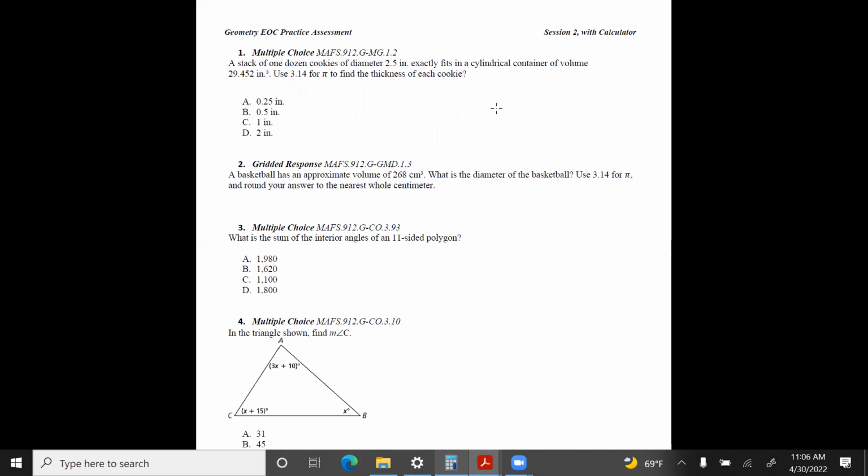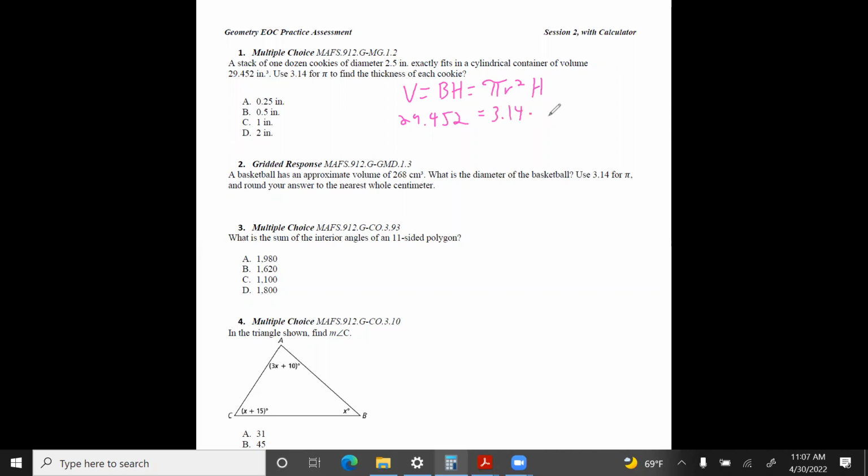So we know what the stack of cookies is. We know its diameter. We know what the volume is. So first, writing our equation for volume of a cylinder. Volume of a cylinder is V equals base area times height, which is the same thing as saying pi r squared times height. They told us for pi we're using 3.14. They gave us a volume, so we're going to plug it in. So we have 29.452 is equal to